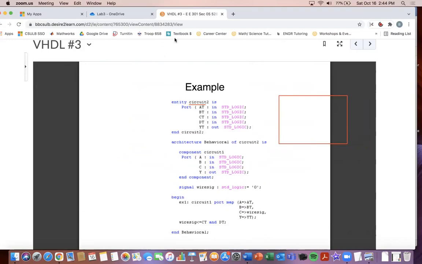So we have circuit 2. Let me just label this circuit 2. And here I have NT, BT, CT as my inputs, and then I have YT as my output. I'm looking at this, and the behavior of circuit 2 is, we reference this component here. We're referencing it from their files, so we copied all this from another file here, and then we declared our internal signals. So we have a wire sig, which we set,